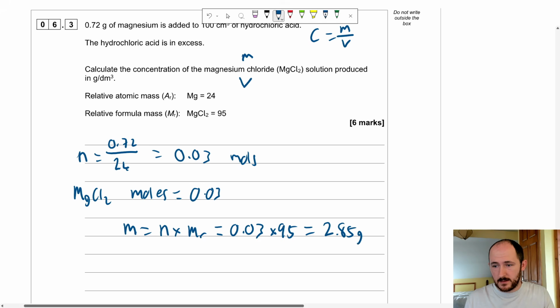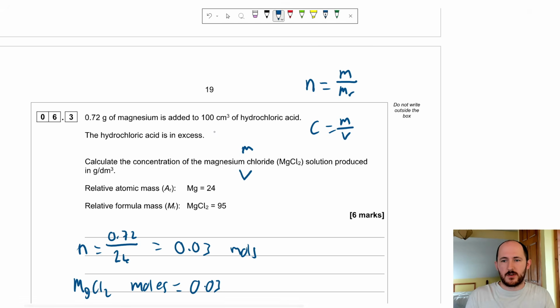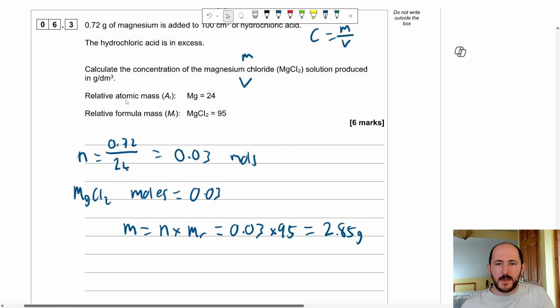grams of magnesium chloride. Now, when it says here, calculate the concentration in the solution produced. The solution produced means that it's going to have the exact same volume of hydrochloric acid, because remember, this magnesium is being dissolved in 100 centimeters cubed. So the solution left over will also be of a volume of 100 centimeters cubed, but they want it in